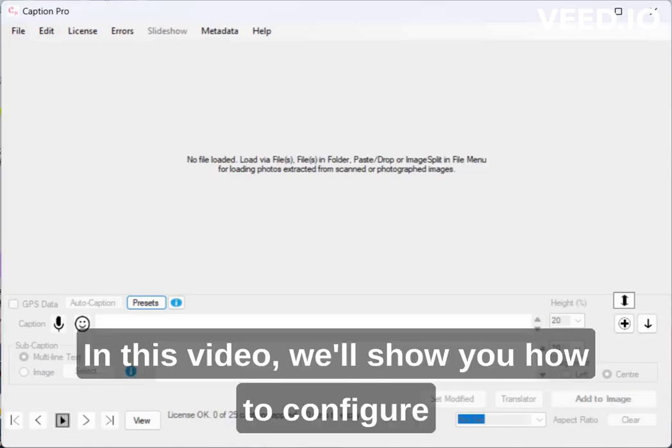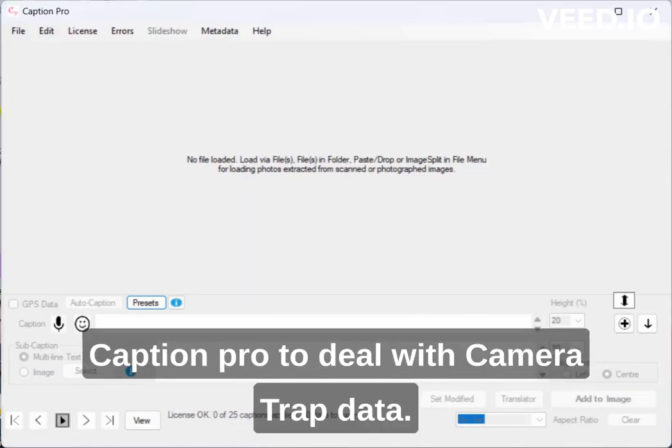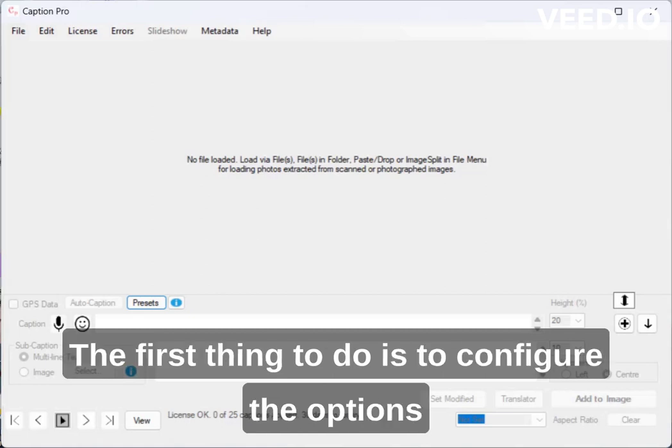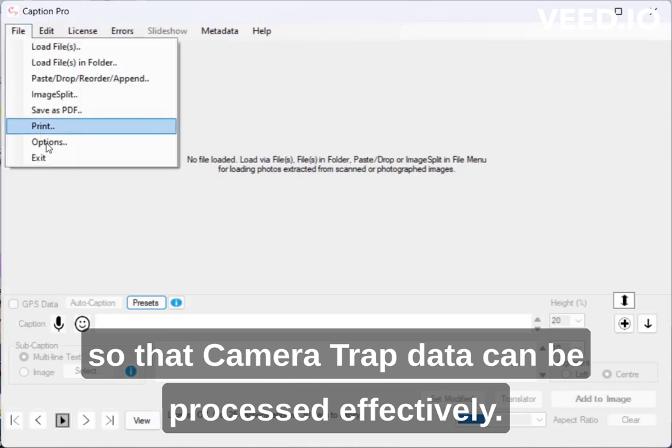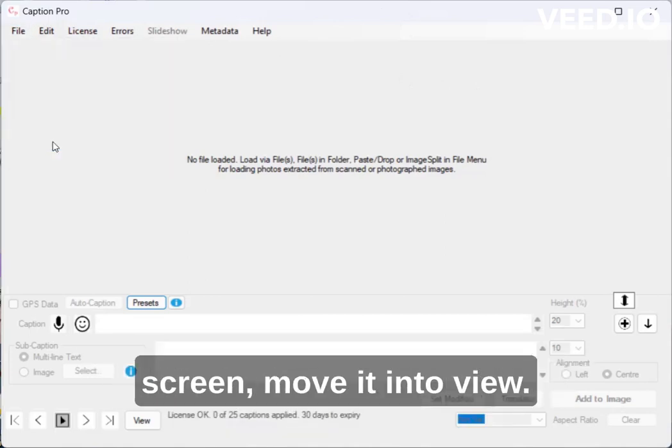In this video we'll show you how to configure Caption Pro to deal with camera trap data. The first thing to do is to configure the options so that camera trap data can be processed effectively. So we'll bring up the options screen,